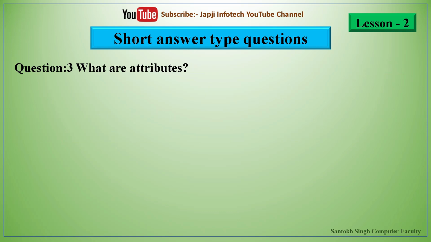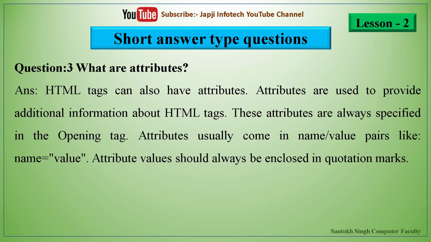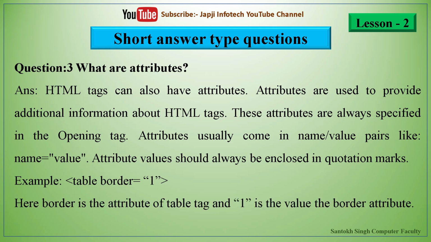And the third question is, what are attributes? So an HTML tag can also have attributes. Attributes are used to provide additional information about an HTML tag. These attributes are always specified in the opening tag. Attributes usually come in name and value pairs, like name equal to value. So the attribute value should always be enclosed in quotation marks. Its example is: left angle bracket table space border equal to, in double quotes, write 1, then close the right angle bracket. So here border is the attribute of the table tag and 1 is the value of the border